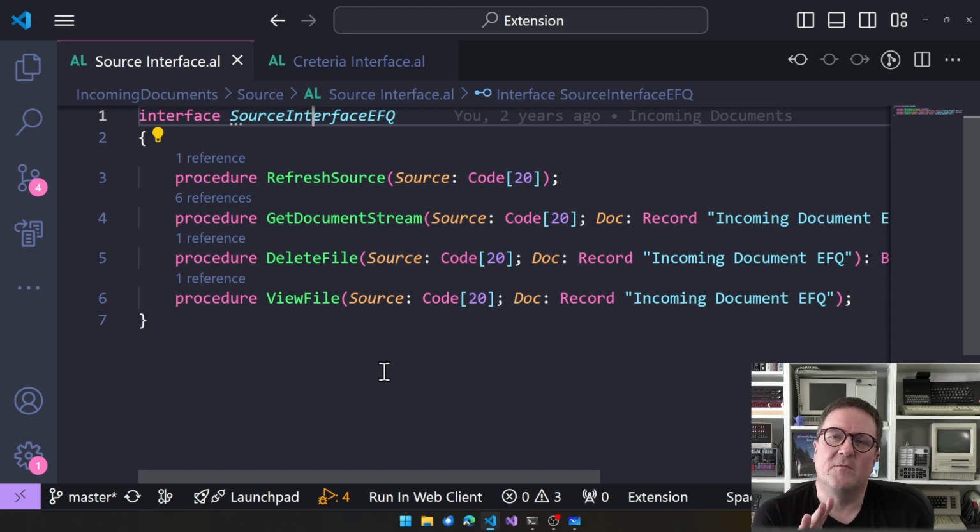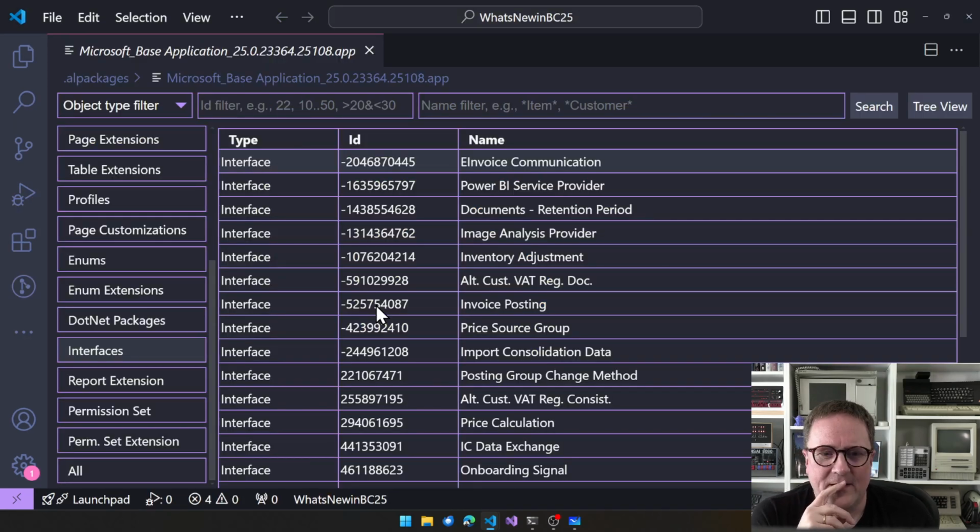But it's funny that we have some objects with numbers and some objects without numbers. And I think that's my dog, if you can hear it, telling somebody that Amazon is probably on the way. But yeah, interfaces are one of those objects without a number. Anyway, we can see here,